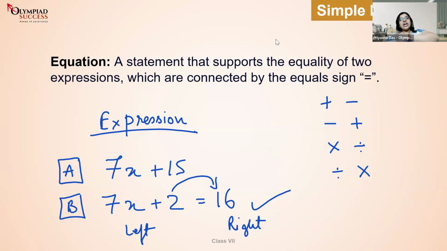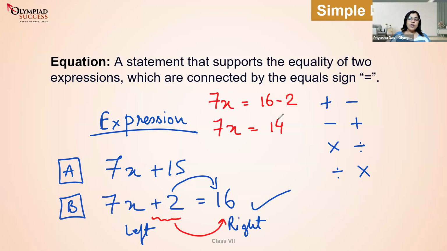And while you are transposing them from left to right or right to left, make sure that the signs are changing perfectly. Plus is becoming a minus, minus is becoming a plus, multiplication is becoming a division, and division is becoming a multiplication. Here we have plus, so we need to shift plus to the right hand side, which will make it minus. So 7x is equals to 16 minus 2.